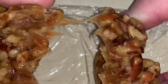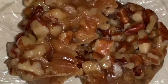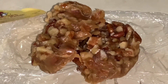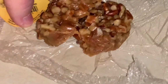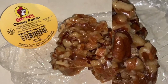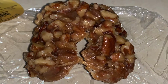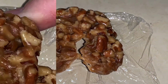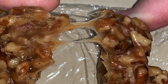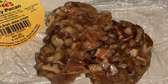So you get a bite that has flavorful pecans with a mixing flavor of caramel. So it tastes like those caramels that we know and love from the store shelves that make the perfect caramel apple, filled with handfuls of pecans. So, if you're visiting Georgia or want a bite of Georgia, try one of these